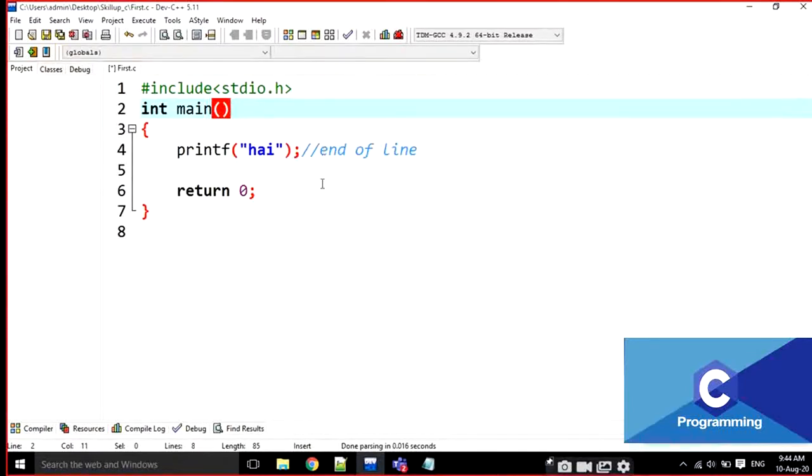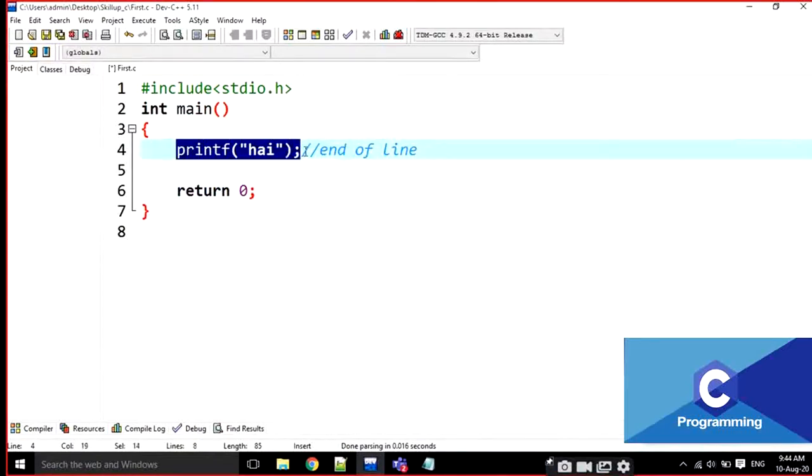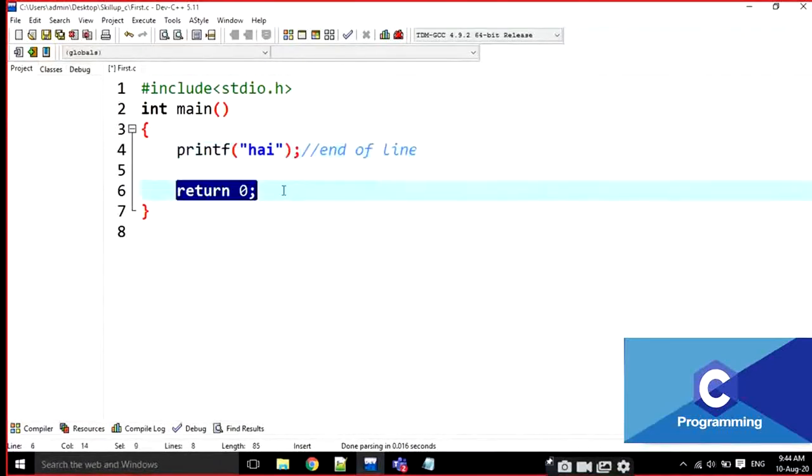Look here, printf, some hi, and a semicolon. That means if we put the semicolon, the functionality of the printf ends here. Same with return, its functionality ends here.